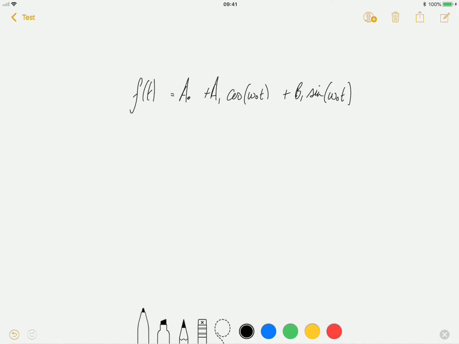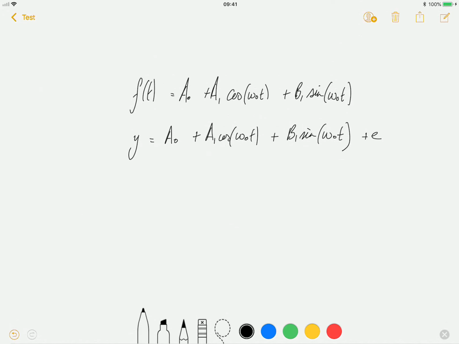And you can think of this as a least squares model. So y equals a0 plus a1 cos omega naught t plus b1 sine omega naught t plus some error